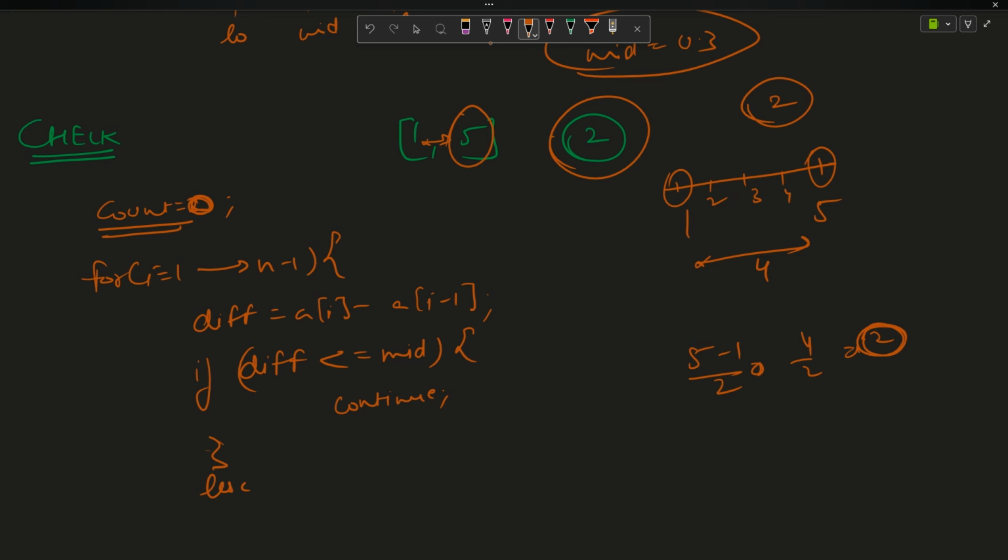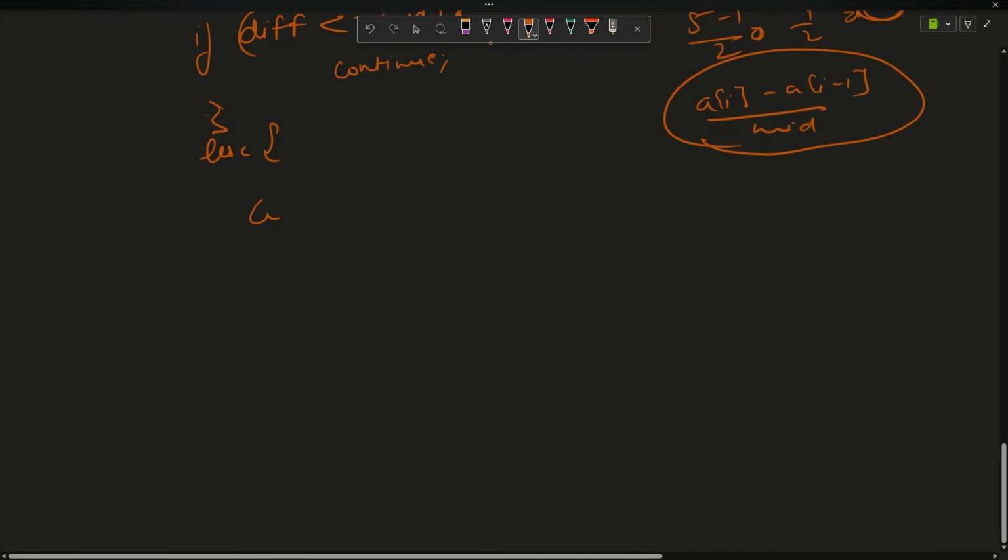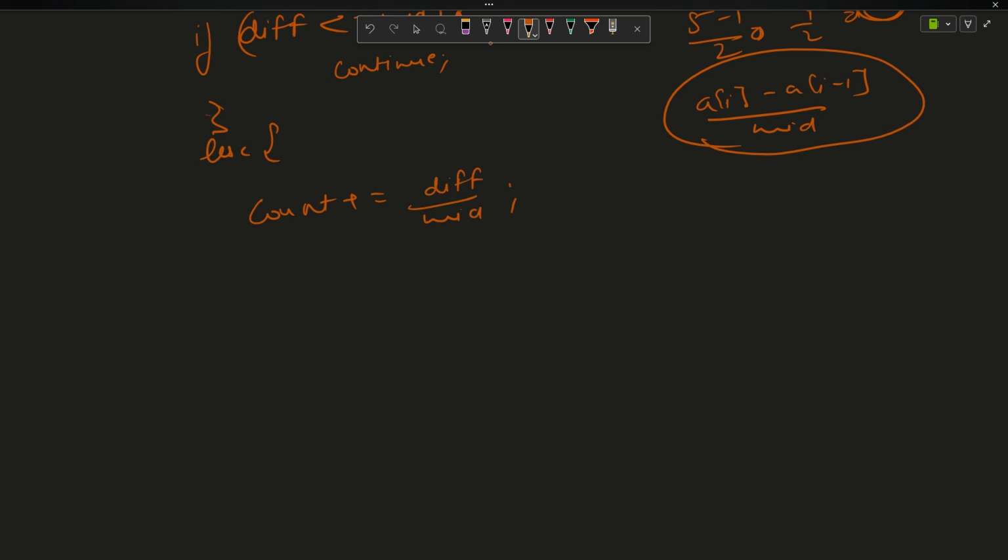I did array of I minus array of I minus 1 by mid to get that, and that is simple division to get the k value I wanted, right? Else I will say count plus equals difference by mid, right? Moving forward, I will return true if my count is less than or equal to k,